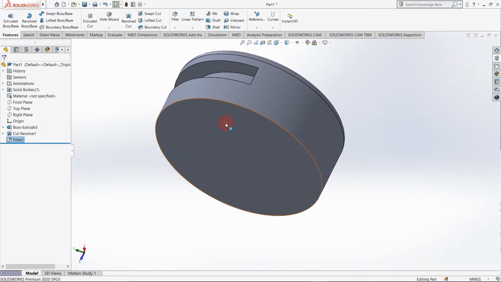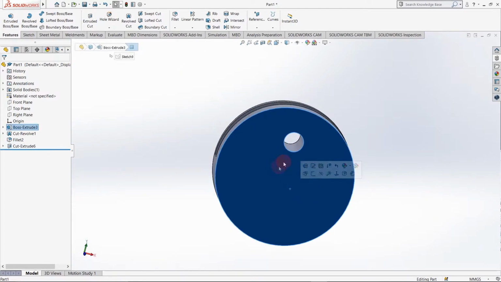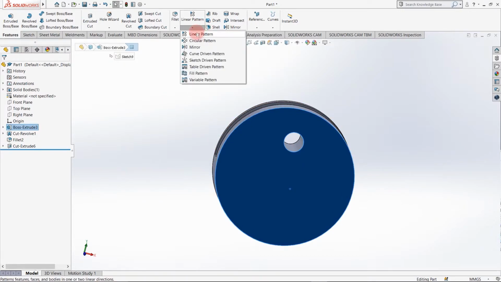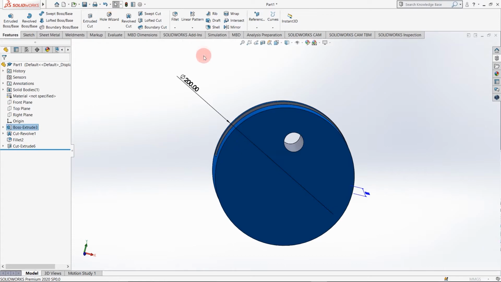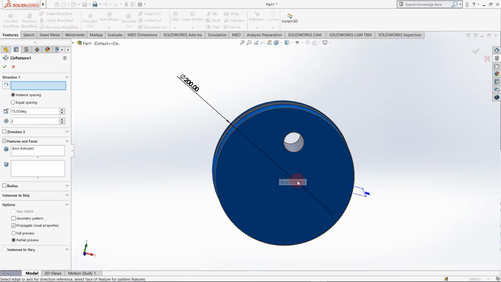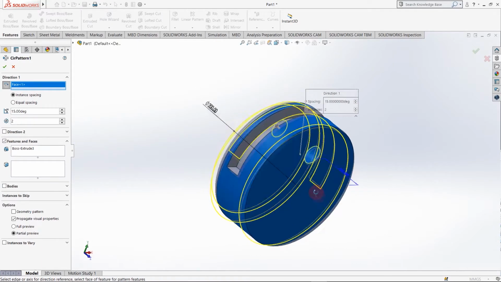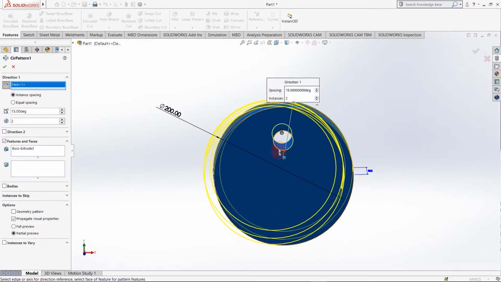Okay, so the next command I want to explain is pattern. I want a circular pattern of this hole, so I am clicking on the arrow and selecting circular pattern.